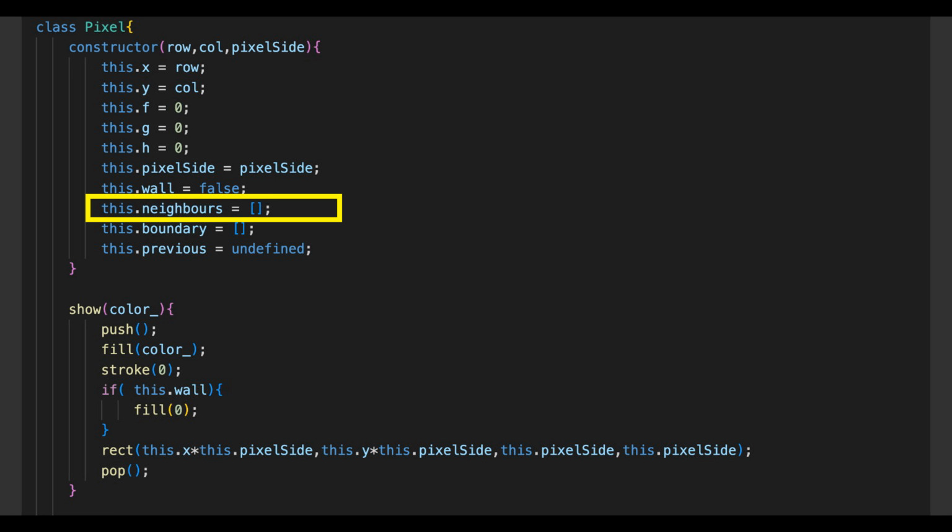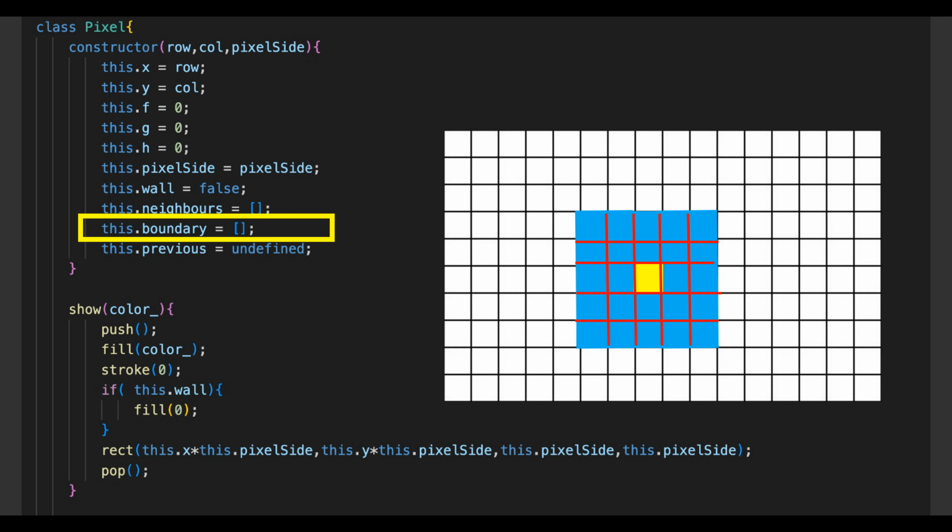Next, we will introduce a neighbors property that holds all the neighboring cells for a given pixel. As discussed earlier, we will only include the top, bottom, left and right cells as the neighbors. Additionally, we will add a boundary property also that contains all the cells surrounding a pixel. The size of the boundary is flexible. In this case, I have chosen a 5x5 boundary, but the size should be based on your car dimensions. This boundary property will help us to determine whether any part of the car collides with a wall pixel when it reaches a particular pixel.